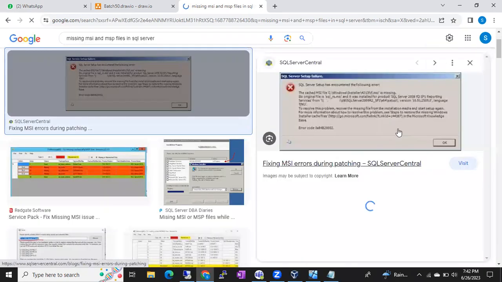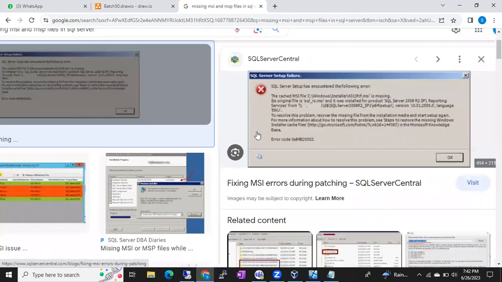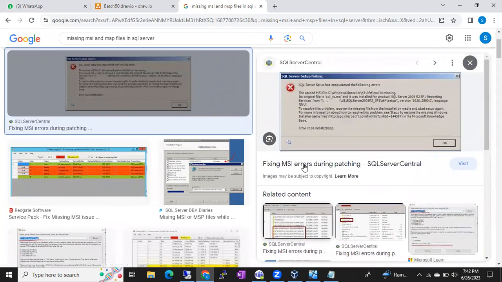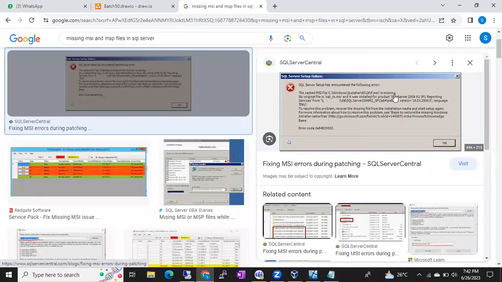So like this you can see the error, guys. Not sure whether you're able to see properly or not. If you see here, this is for an old version. See, the cached MSI file Windows installer 4313fcf.msi is missing. Its original file is SQL_rs.msi and it was installed for product SQL 2008 R2 SP1 reporting services. So and so server name, so and so location, you can find this file. So if you simply replace that file, guys,